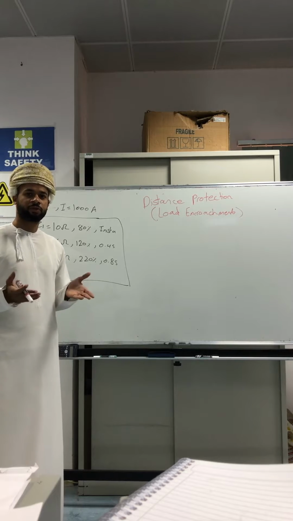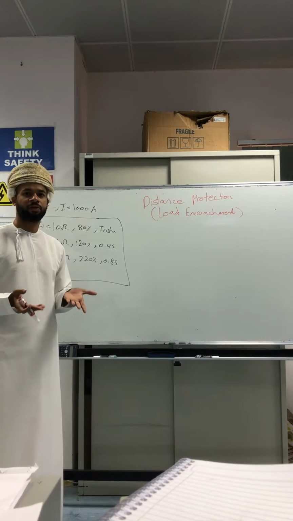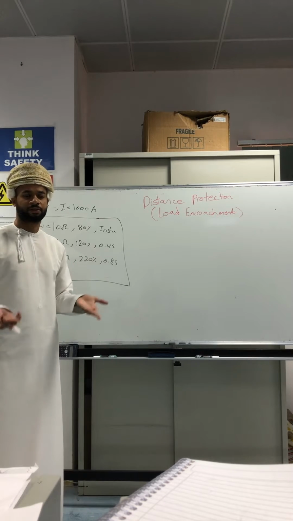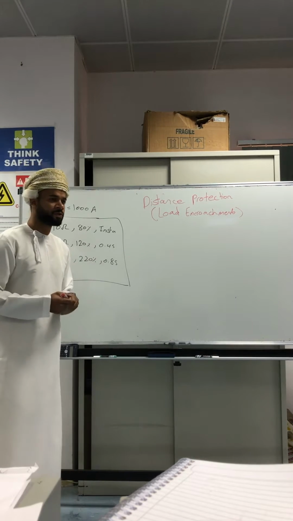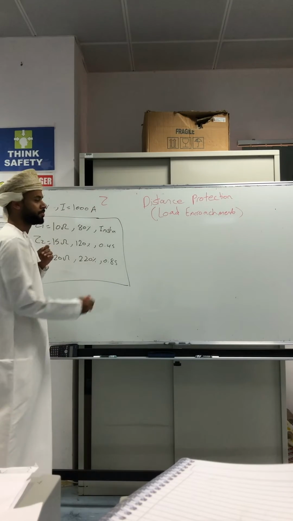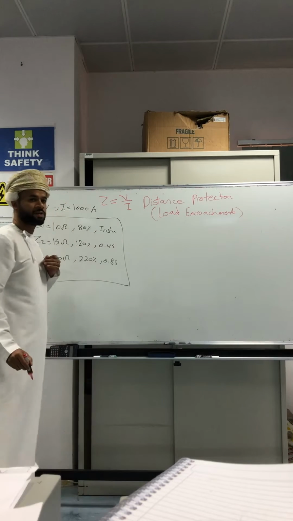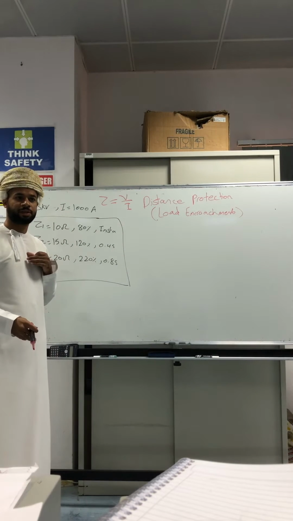First of all, load encroachment means that during heavy load in my power system, the distance relay could trip unnecessarily. As we know, the distance relay works by measuring the impedance along the line, V by I. So now let's do some case studies, some examples about load encroachment, so you can